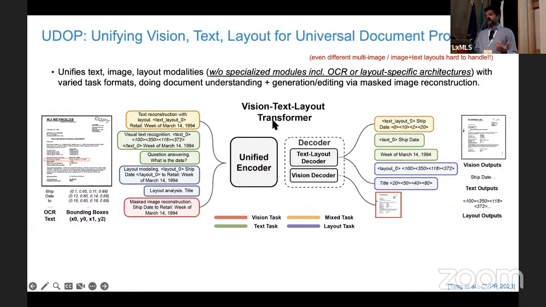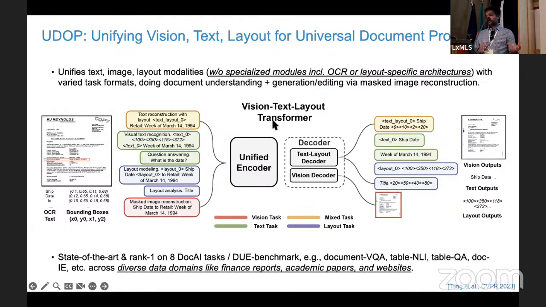And the other interesting thing, so first of all, in terms of results, this model, just with the simple intuition of learning the layout as pre-training, gets state-of-the-art rank 1 on this very interesting benchmark called DUE. So this is the most widely used document understanding benchmark. I would definitely encourage people to look at it. It has diverse data domains like finance reports, academic papers, websites, right?